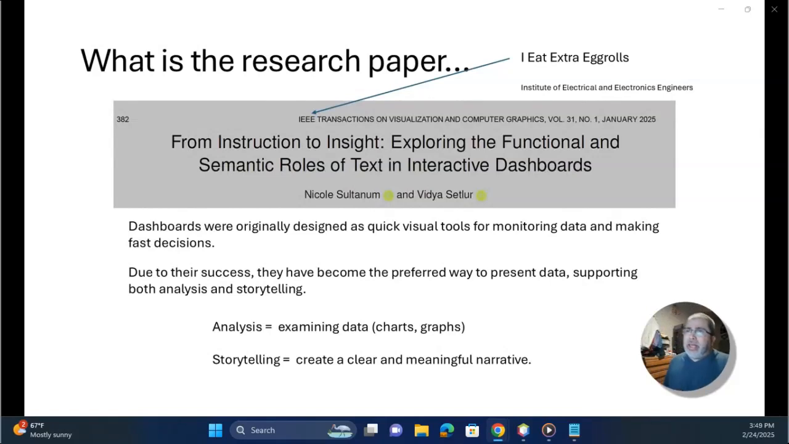It was published by the IEEE. I think it means I eat extra egg rolls. No,